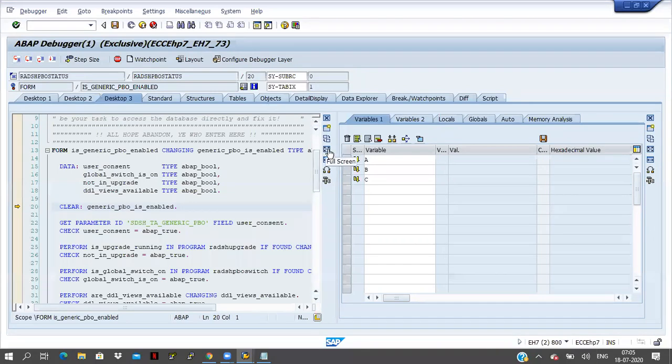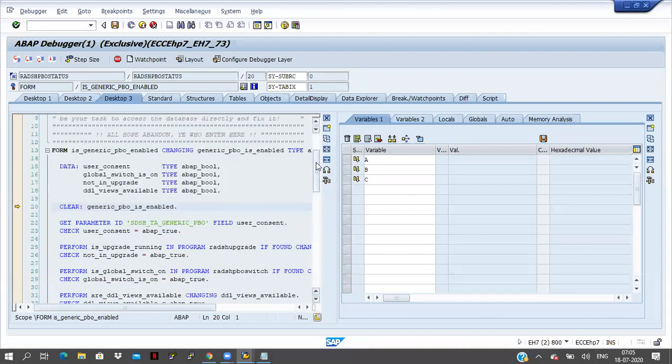See here, I just clicked on the F5 button, and here the ABC values are coming. Nothing is coming here, and here some symbol is coming. A yellow color symbol is coming, and here also some code is coming. I don't know what the code is here. I don't know exactly. See what is happening here.